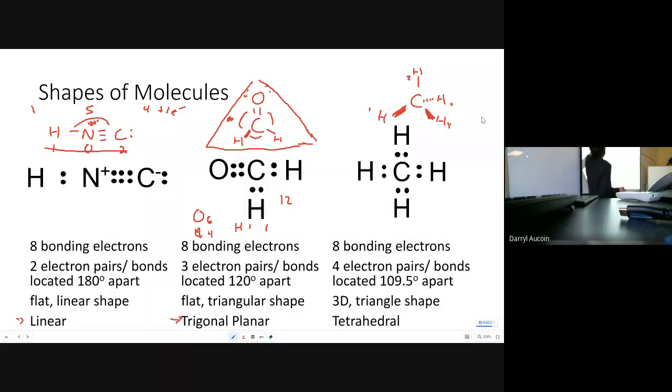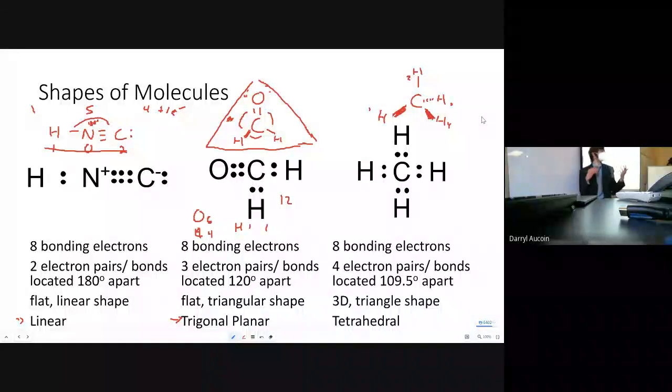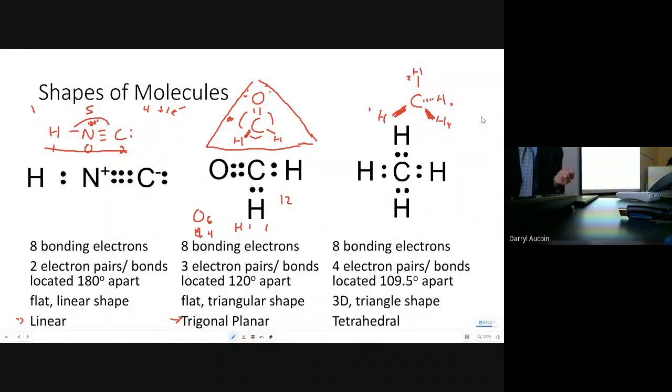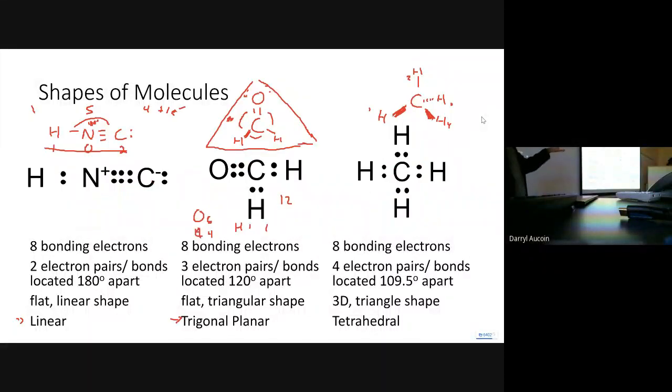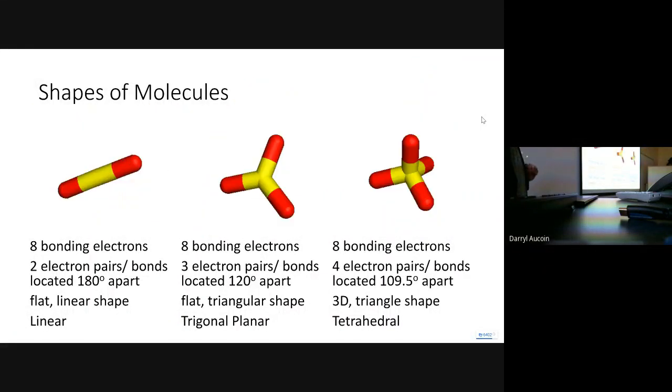If you have only 2 things attached to that central atom, you're linear. So you can count what's connected there, see how many things are attached to your atom, and that'll give you an idea of what that shape is going to be. And we can do that any time we do a Lewis dot structure. This is just showing the Lewis dots versus if you were to look at these atoms in 3-dimensional form. 1 atom with 2 things on either side, 1 atom with 1, 2, 3 things. This shows the 3D a little bit better. And if we go one more ahead,